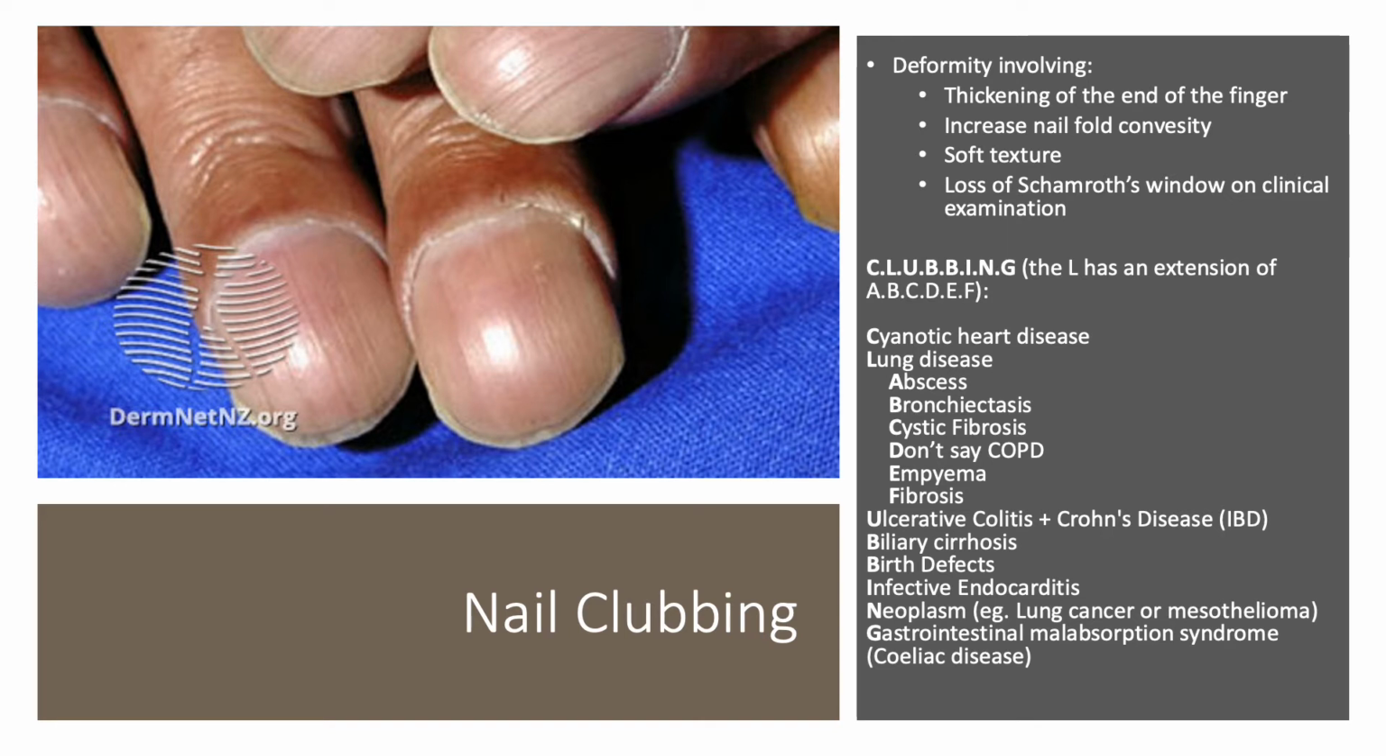I is for infective endocarditis, and I discussed other cutaneous manifestations of infective endocarditis in the cardiovascular system video. So if you haven't watched that, I would go back and have a look at that. But infective endocarditis also causes nail clubbing, as well as the other cutaneous manifestations that I mentioned in the other video. The N is for neoplasm, for example, lung cancer or mesothelioma, and then the G is for gastrointestinal malabsorption,